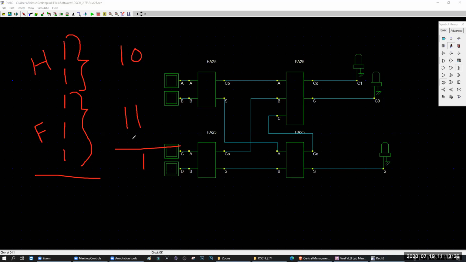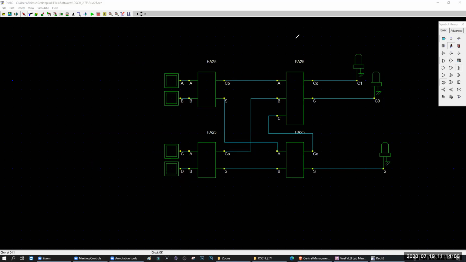So this result, and this sum will be added. The carry will go there. 1 plus 1 plus 0. The carry will be added. So result will be 1 0. So your result has come, right? So previously you used half adder. Now you will be using one half adder and another full adder. Okay.